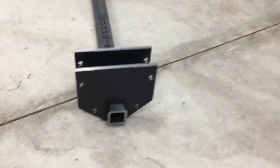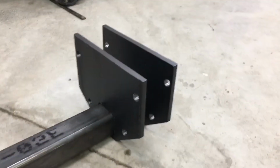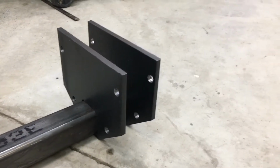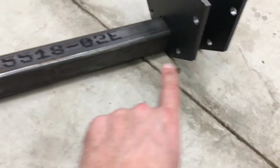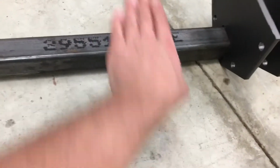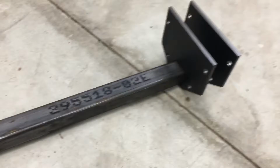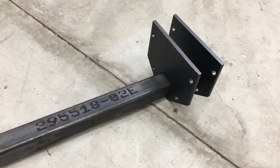I got plates cut out here. Now you can kind of see what I'm doing. That's just going to sit. The frame rail is going to go right through there, and this is going to extend out, and the track sliders are going to sit underneath that. So that should provide a pretty heavy duty